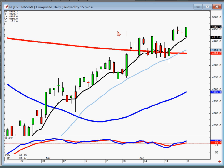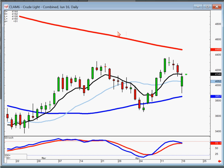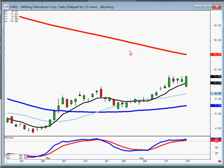And this morning when we woke up, the DOHA meeting apparently knocked crude oil prices down, but it didn't take too long for it to turn around and start heading back up. So that's where being able to see what the graphics are on charts like Whiting, which opened lower today,